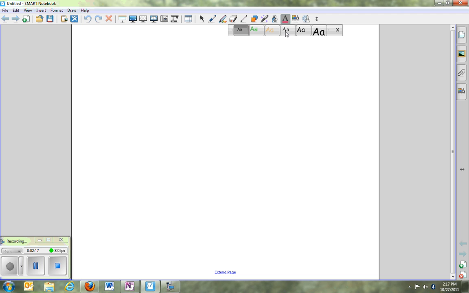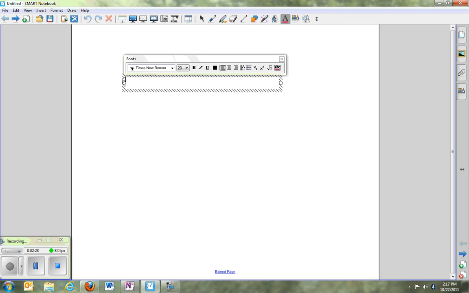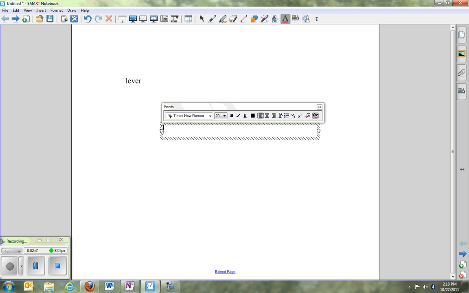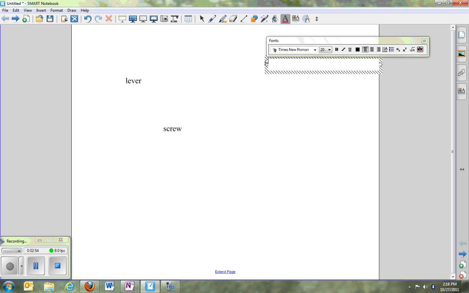We're going to go ahead and select this particular text tool, this particular font, excuse me. And I'm going to click now in my workspace to place my text box. And I'm going to type my first word. Now my application is going to be on the 6 simple machines. So my first one is going to be the lever. Okay. I'm going to click in a different space of my workspace to put my second text box in, screw, S-C-R-E-W. My third word, wheel